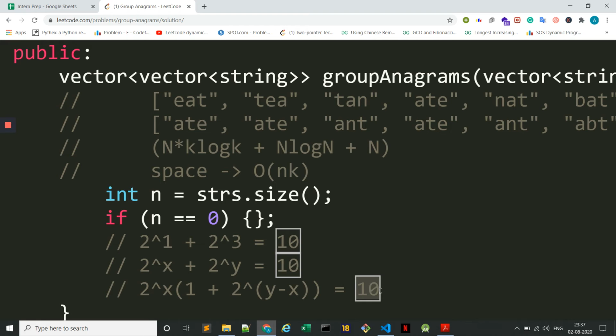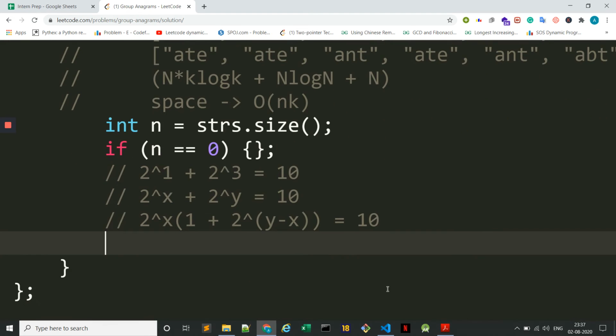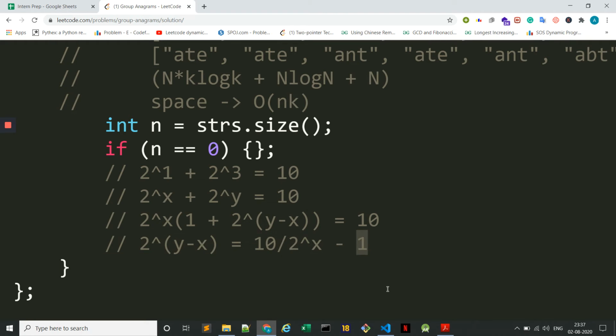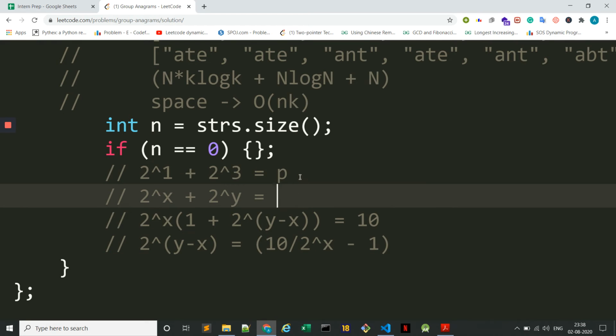And also, 2 to the power y minus x should equal, so we divide 10 by 2 to the power x, and once we get the result, we subtract 1 from it, and this should be 2 to the power of the new number. So if we generalize it, let's say we have the number p over here instead of